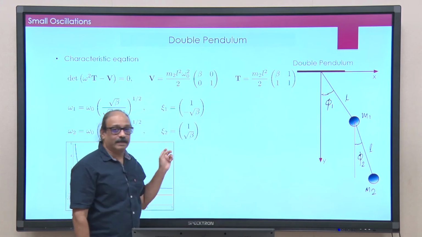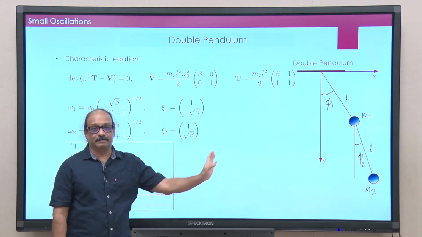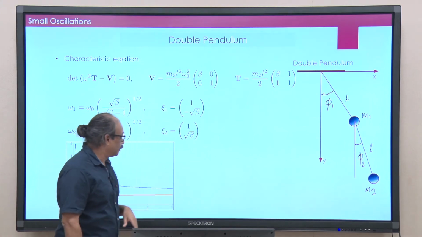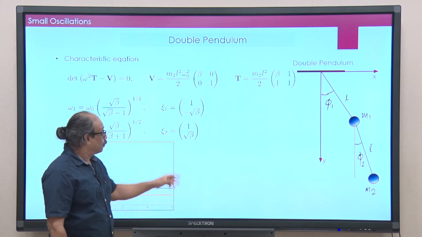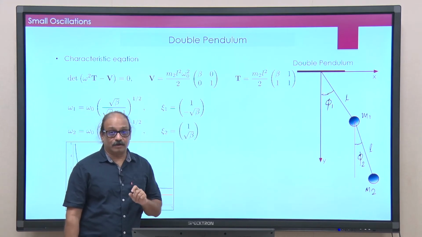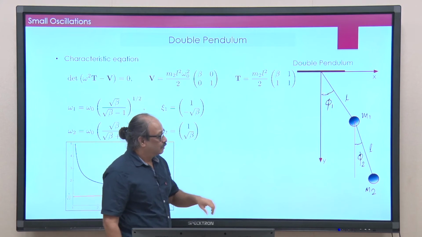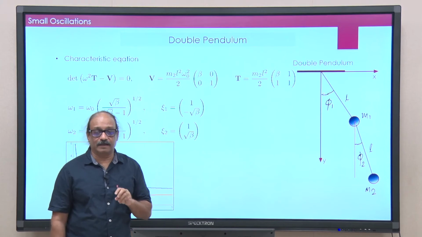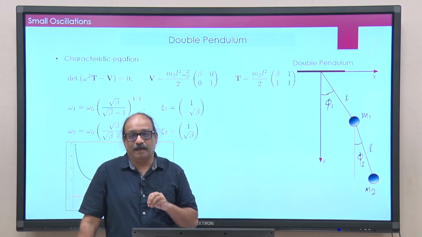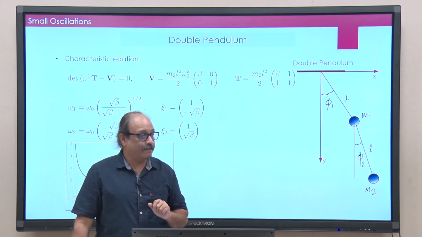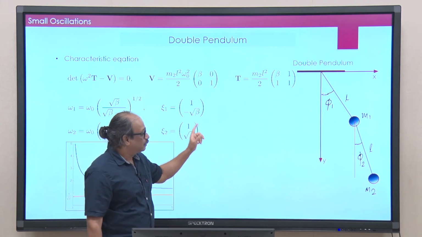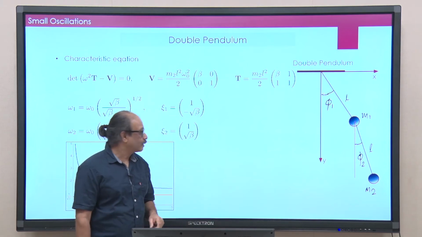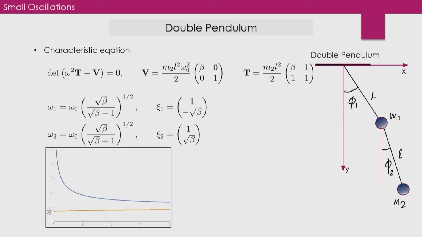Okay. In the second mode, both of them are on the same side. So, they both swing onto the same side and swing onto the other side together. Okay. Though the amplitudes are not proportional, that means for this phi 2, remember square root beta, or the factor beta, which is m1 plus m2 by m2, is always greater than 1. Okay. That means the lower bob swings more than the upper bob. Okay. Fine. Now, you see this graph.